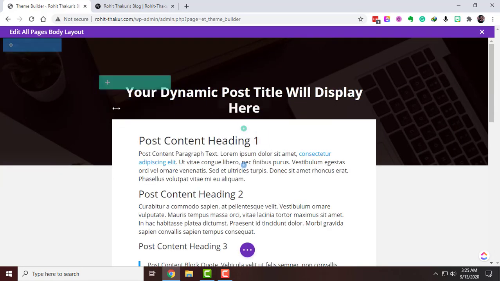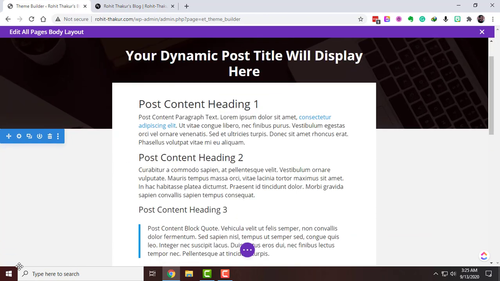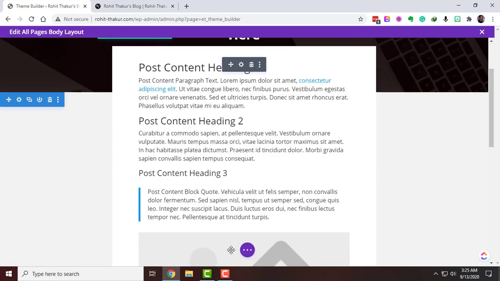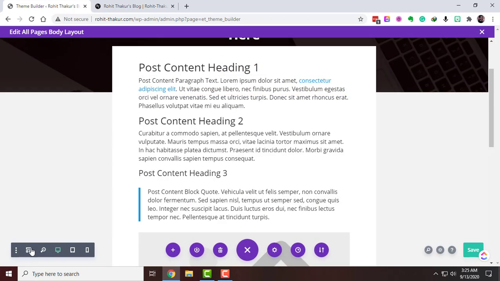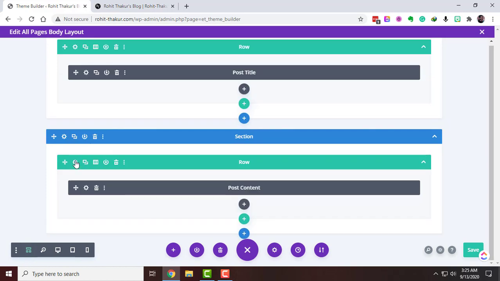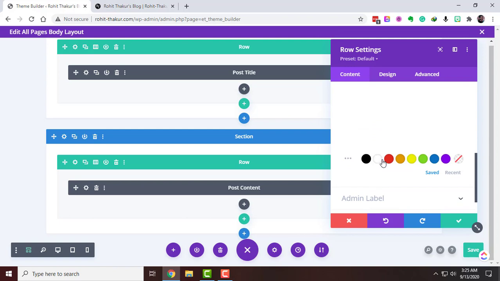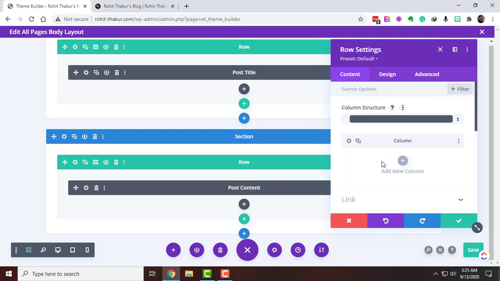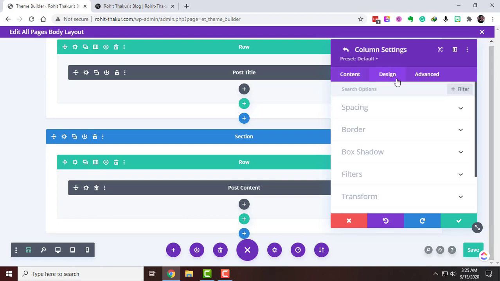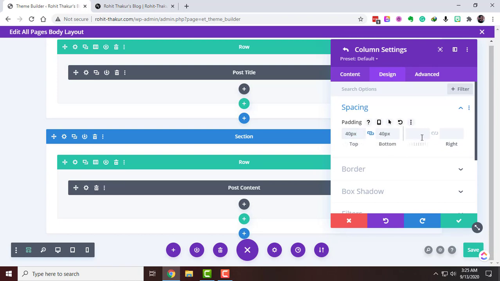So here is our row. We have to select our wireframe view so we can edit this row easily. So let's make its background white. And its column, we'll go ahead and set 40 and 40.